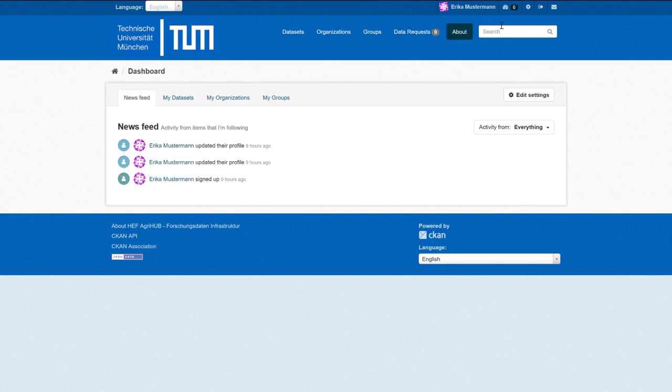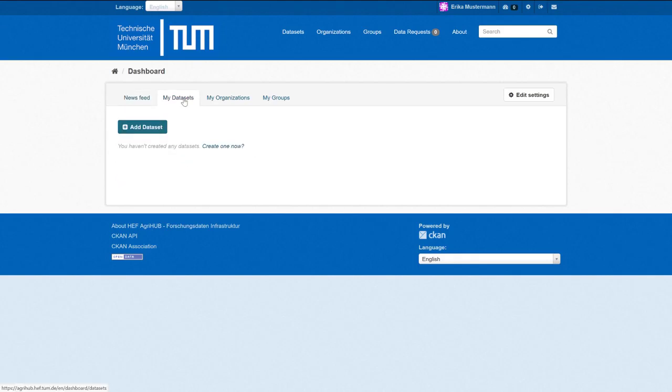After logging in, the first page you see is your overview dashboard. In this setting, you have 4 sections: New Feeds, My Datasets, My Organizations, and My Groups. New Feeds is a list of all actions and activities arranged in the order of their occurrence. My Datasets is a list of all the resources that you have created or have edit access to, including private